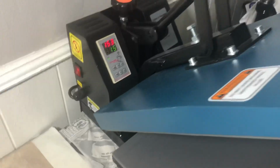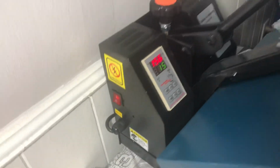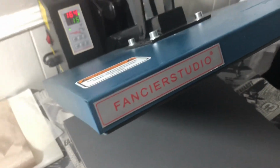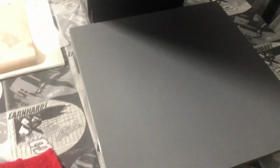So that's that. Like I said before, this is your on and off button. This red one right here. Top one is for on, and very simple. Straight out the box, this comes ready to use. Like, you're not putting nothing together. You're not doing anything. You just remove it out the box, and you find a steady